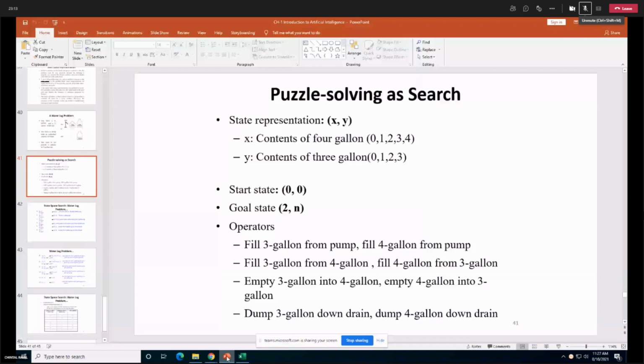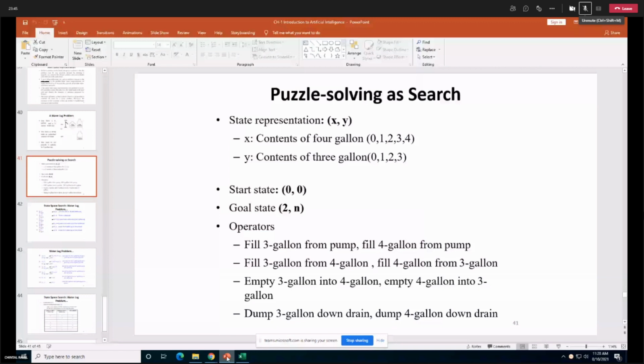So this thing, that start state, initially both the jugs are empty. This is an assumption, because this is not mentioned in your problem statement. The second thing, you can use the pump and we can fill unlimited amount of water into the 3-gallon jug and 4-gallon jug using the pump. So this is also not mentioned in your problem statement. The third thing is that you can pour the water from the 3-gallon jug and 4-gallon jug onto the ground. So that is also not mentioned.